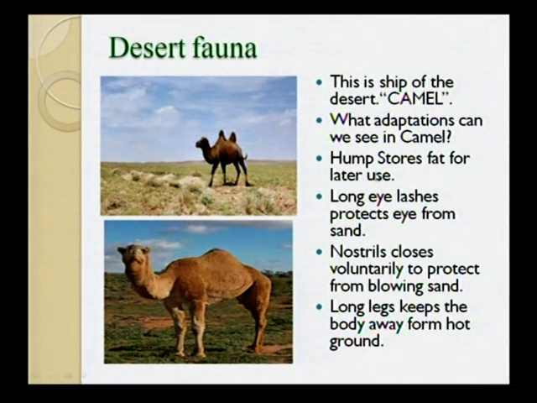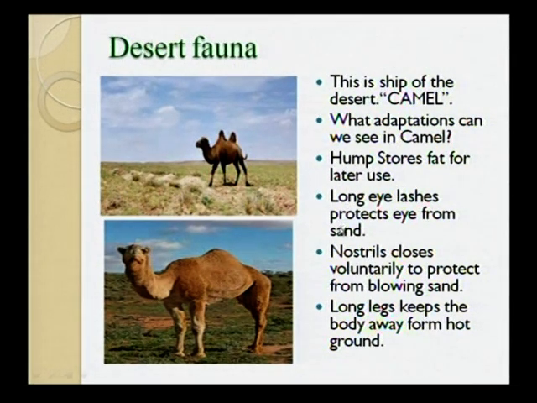So the hump stores fat for later use. Do you know, friends, this is the hump region in the camel. So it stores food or fat for later use. And friends, do you know another interesting thing? The camel has a huge stomach. So in its stomach, it will store food and water. So when the camel needs food, it brings back that food to its mouth and chews it again and sends it back to the stomach.